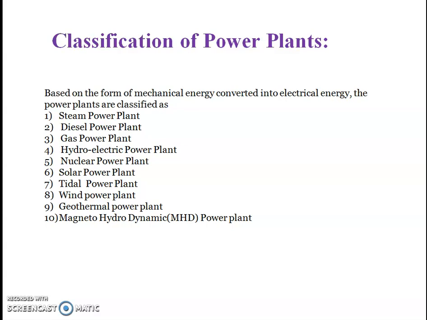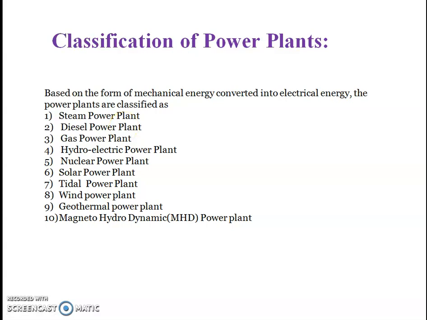The power plants are broadly classified into different types. First one is steam power plant. Steam power plant uses solid fuel, that is, coal in pulverized form in burners or furnace, or oil in oil burners. Steam is produced in the boiler and is expanded in the steam turbine, which is coupled to electrical generators, generating electricity. The plant may contain several other accessories and heat reclaiming devices such as economizers, air preheaters, feed water heaters, etc.